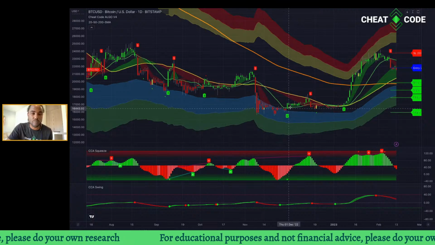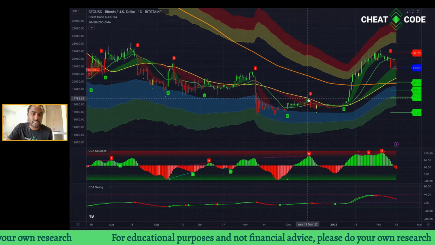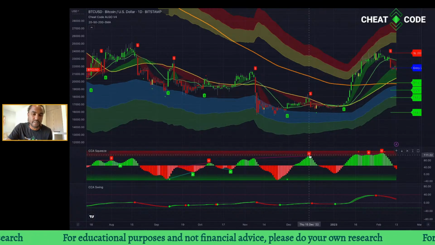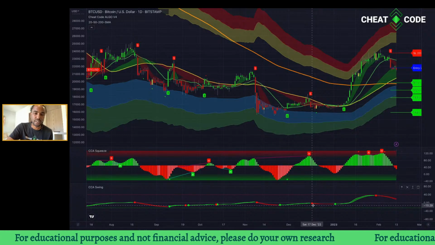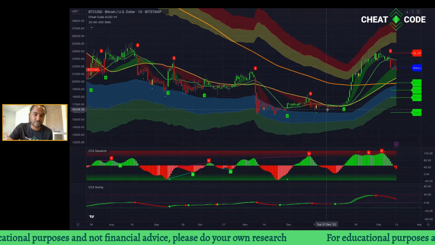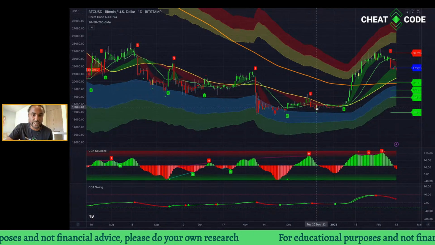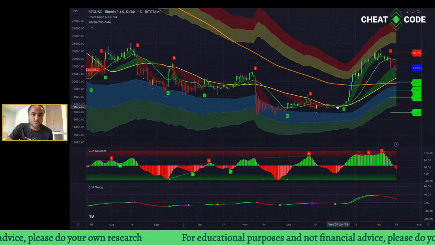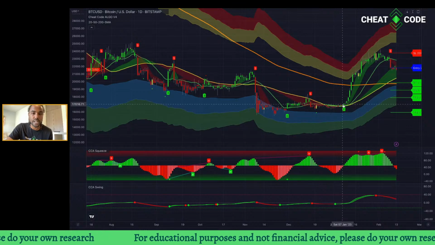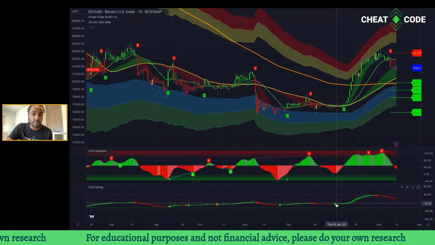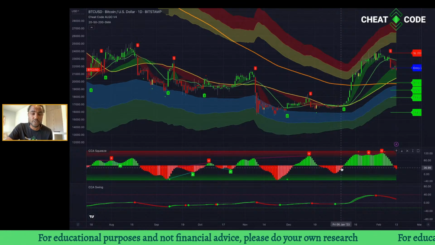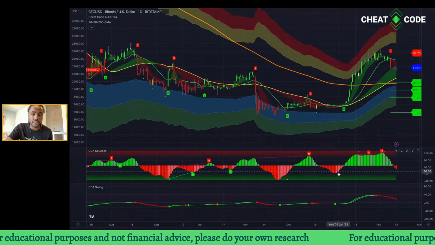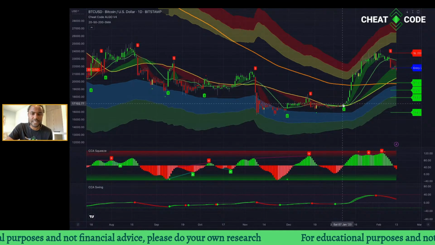Because you can see here, it rode above it, tried to really take off. But I mean, you saw the hidden bearish divergence here, plus a swing signal, and said not today, right? But then you had a caution candle, green indicator. You had the price movement really reclaiming this 50 here. It reclaimed the 20. The swing confirmed this trend. The squeeze started to turn positive on this trend as well. Boom, we got a buy signal.